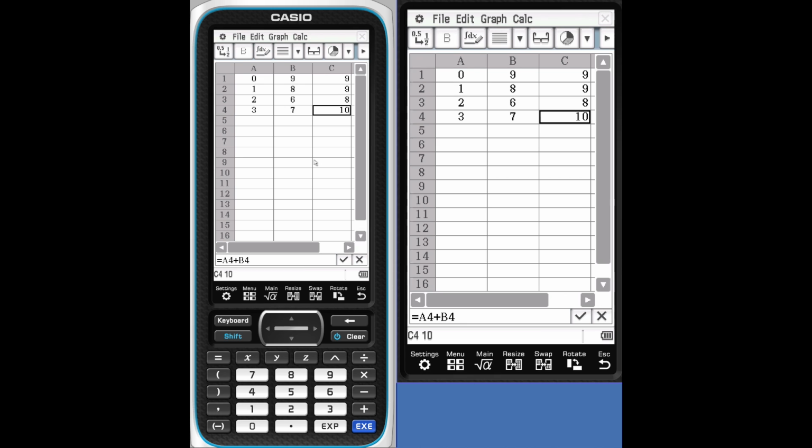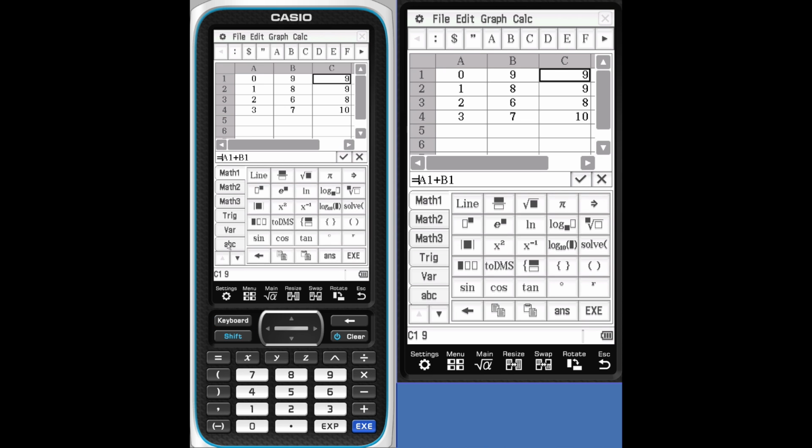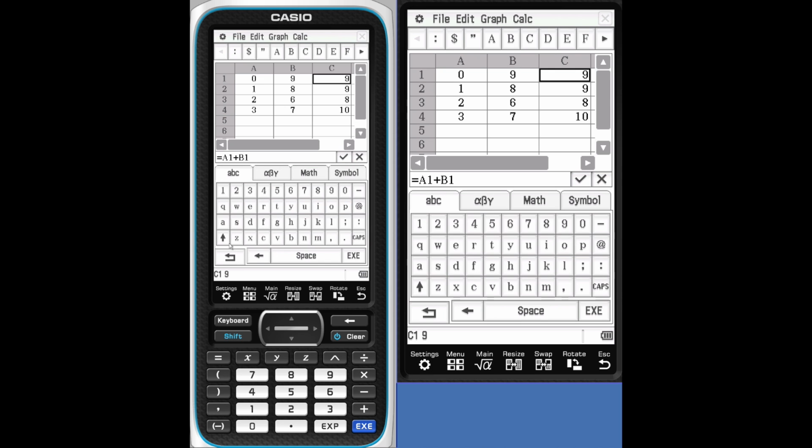Similar to using spreadsheets, you could also do we only want to look at a certain part of it. So let's say you wanted to make this a $ sign. You want to hold certain positions. So we'll just have to find the $ sign. We'll just go to ABC key. And we've got symbols. And there's our $ sign right there.